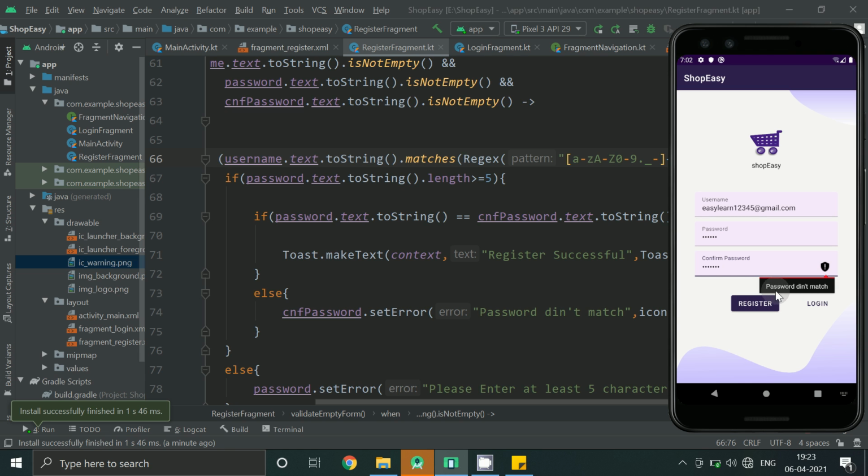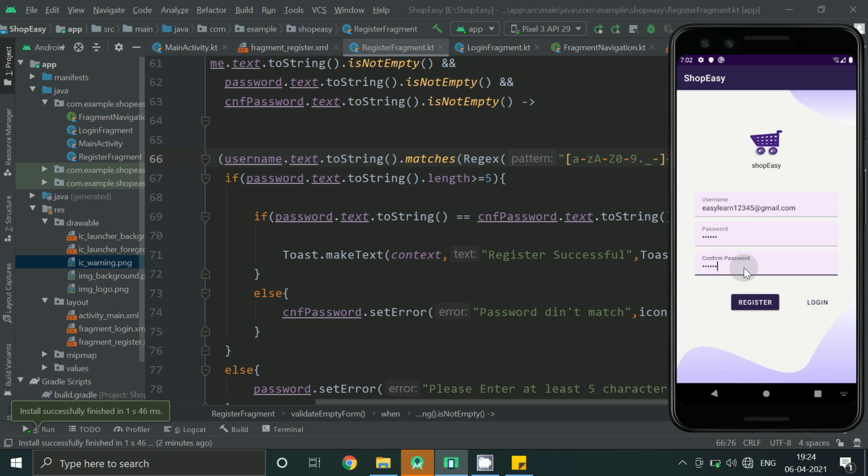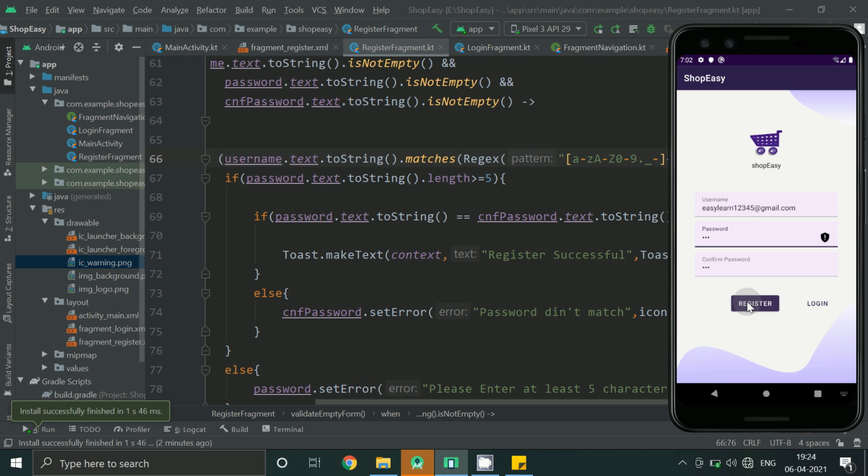So we can see the error message password didn't match. So now we have error message as enter 5 character.